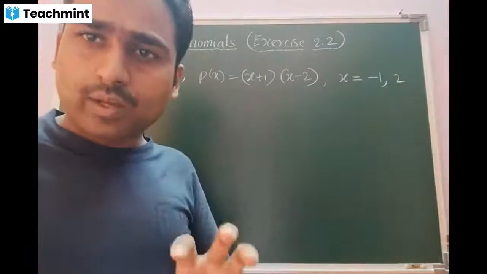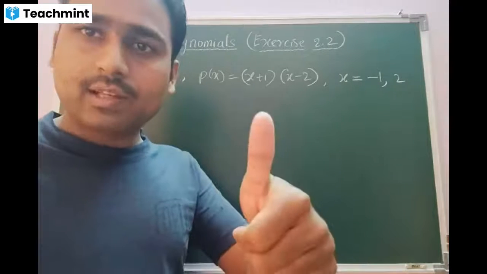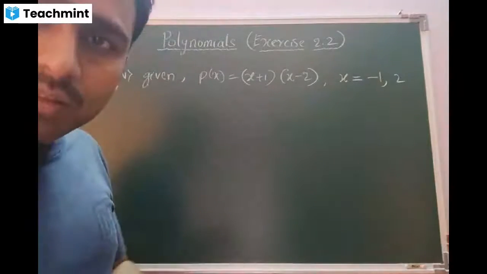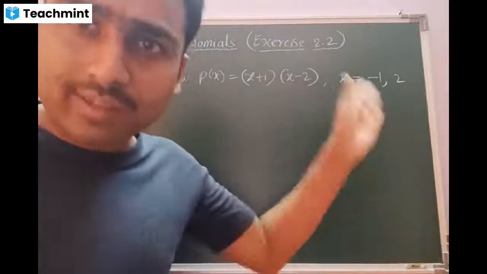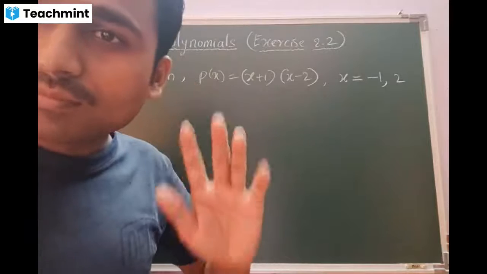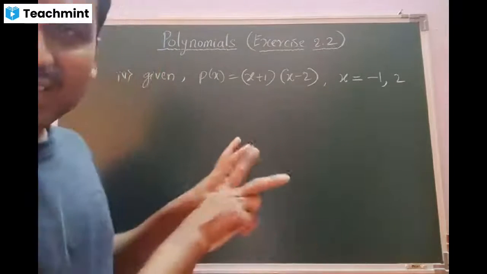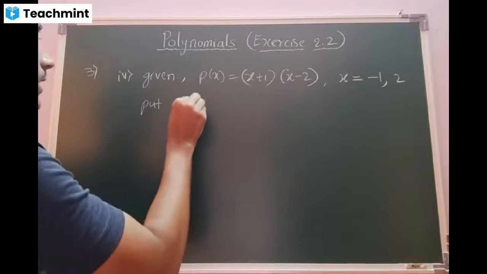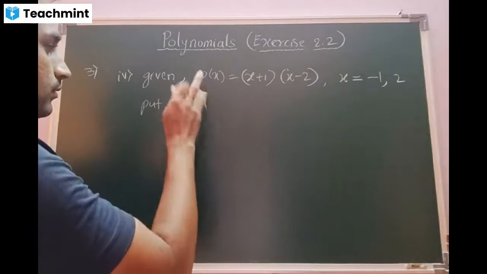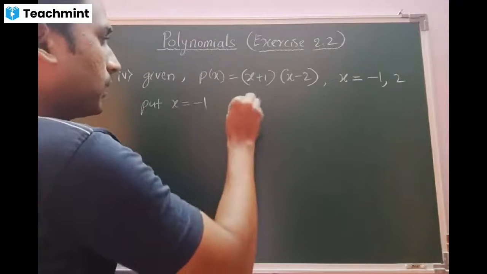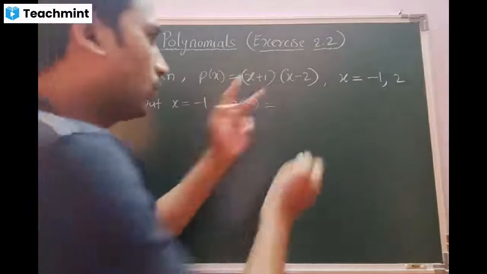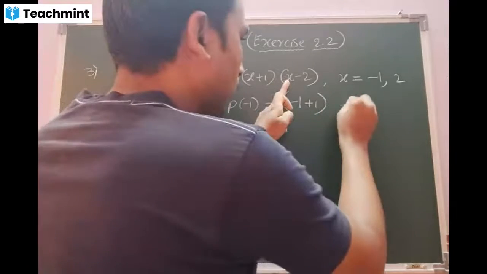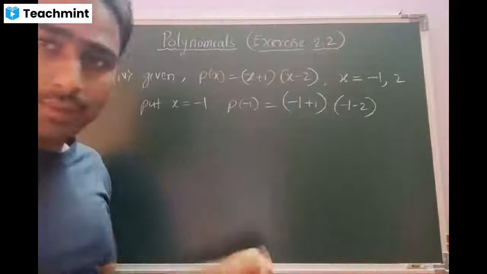Here, we are doing the verification. Is that clear, beta? Yes, sir. Sir, this is also Zindabad, sir. Both are Zindabad or only one is Zindabad? Both are Zindabad, sir. Okay, let us see. I will do it. First work. Put x is equal to minus 1. What happens? P of minus 1 is equal to minus 1 plus 1 bracket complete, minus 1 minus 2 bracket complete. Am I correct?